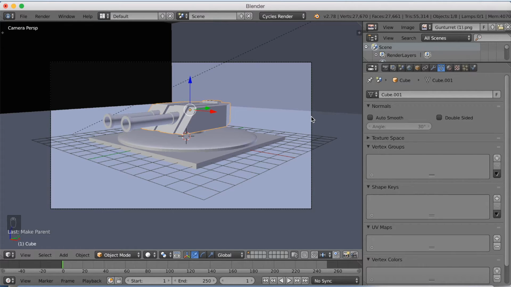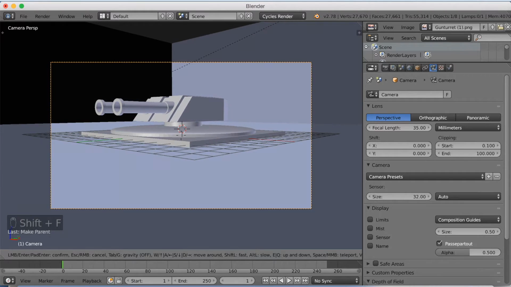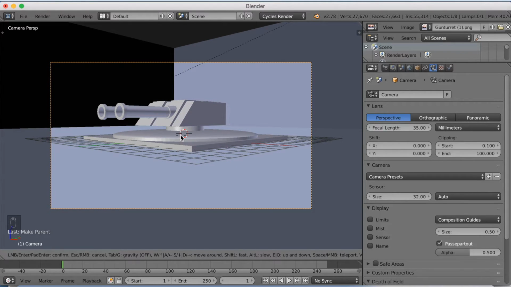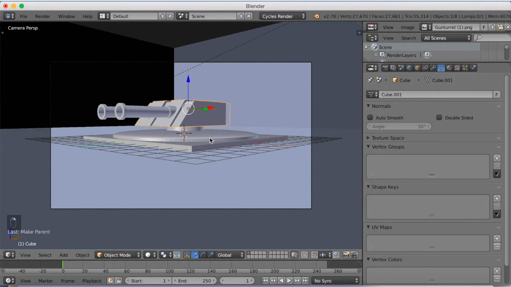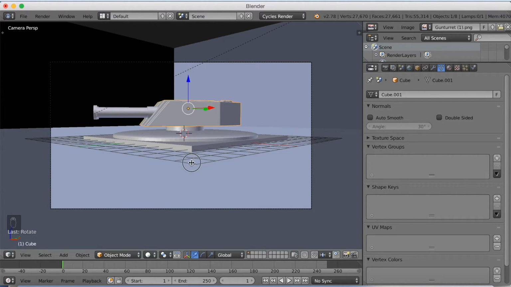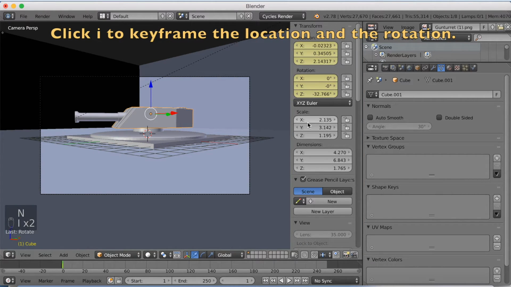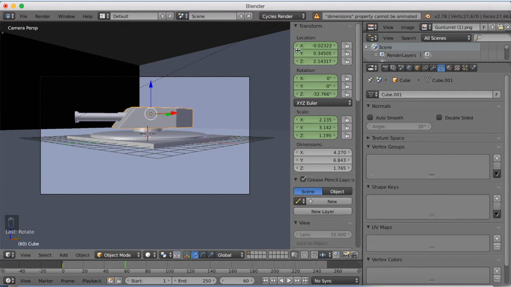Before I start animating it, I'm just going to move the camera a little bit downwards so that the turret looks a little bit larger because of the perspective. And as you can see, the rotation works, so I'm going to start animating the rotation of the turrets. The way you do that is to click N to make the coordinates show up, and then click I, and I. Then move forward in time, and then